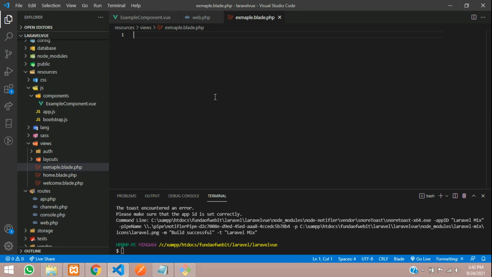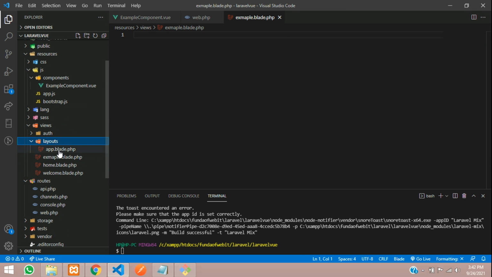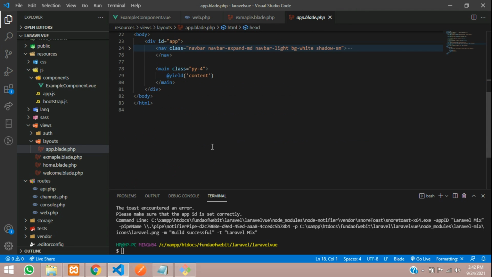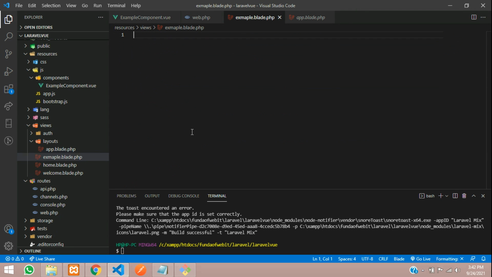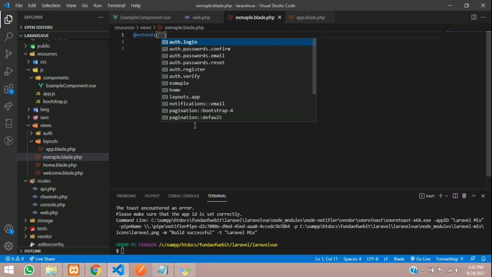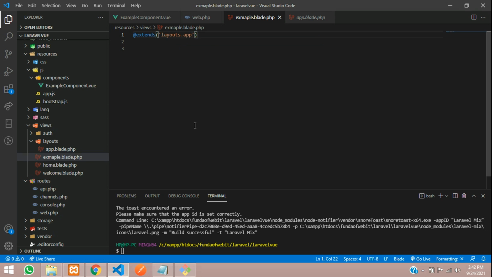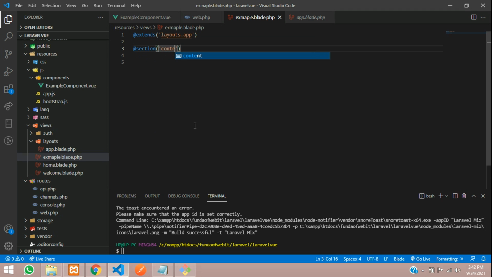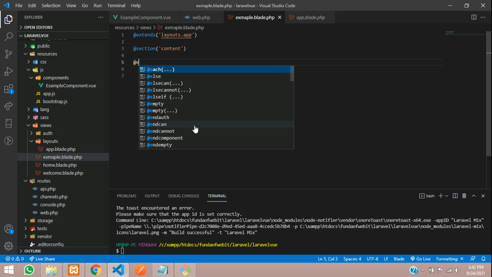Done. For the design, you can just use the layout which has the header, footer, everything. So we'll extend that: @extends layouts.app, and let's call the section content and end section.